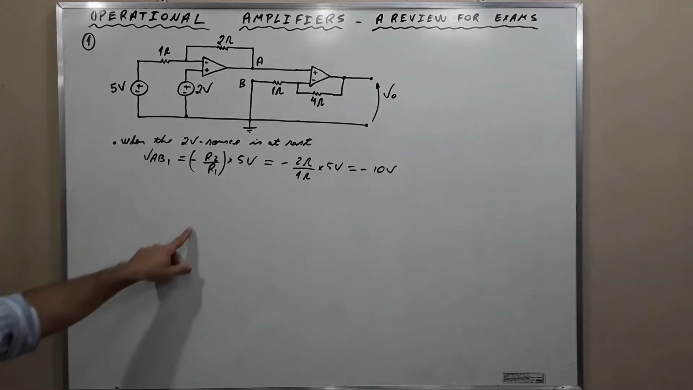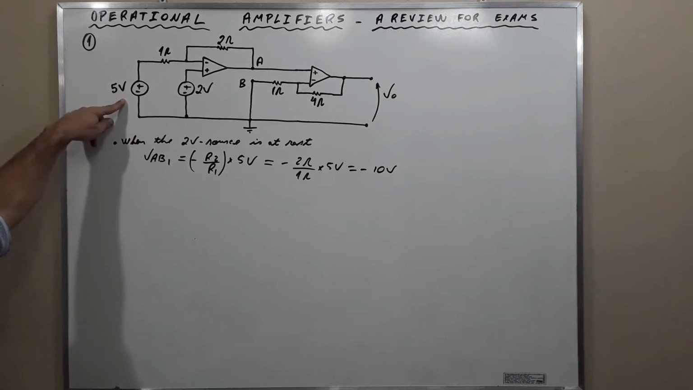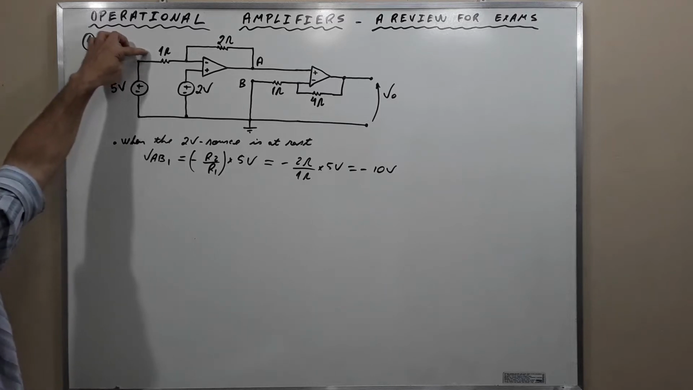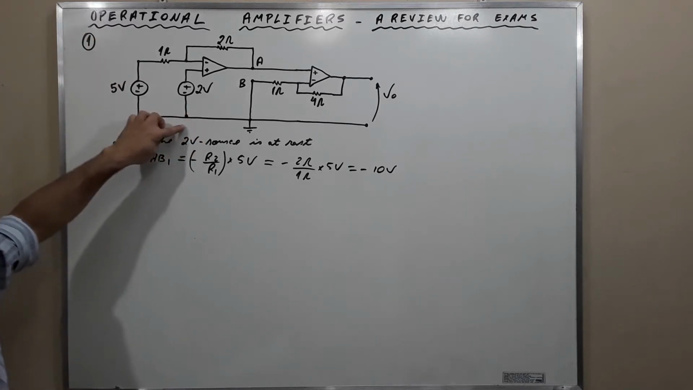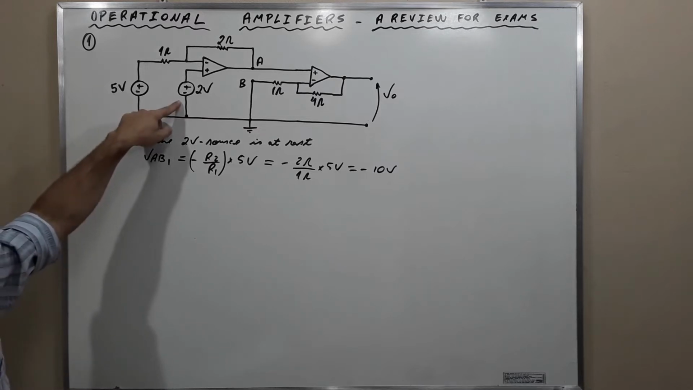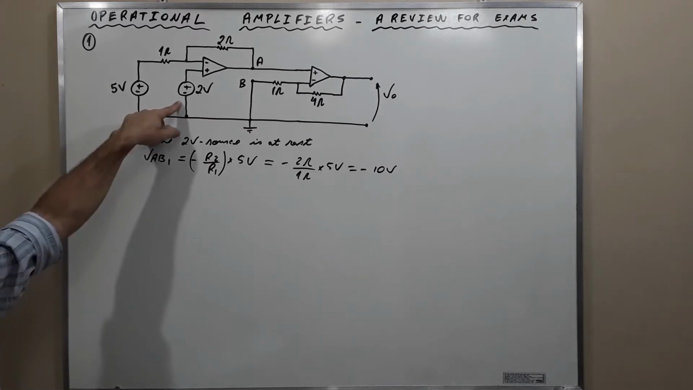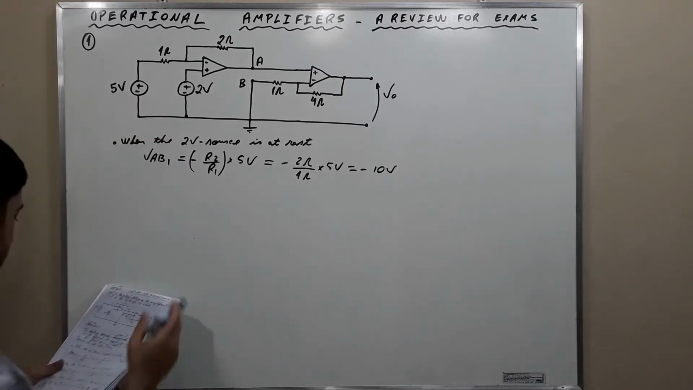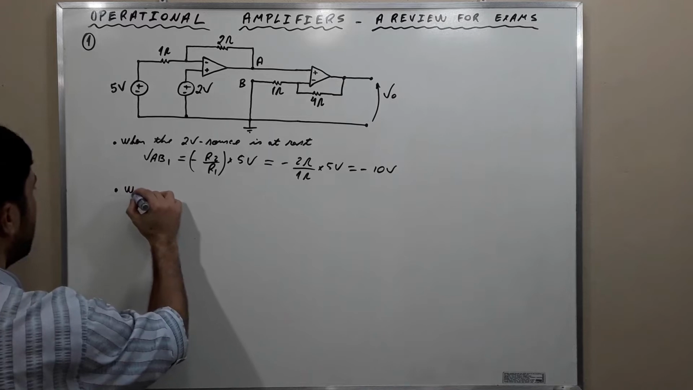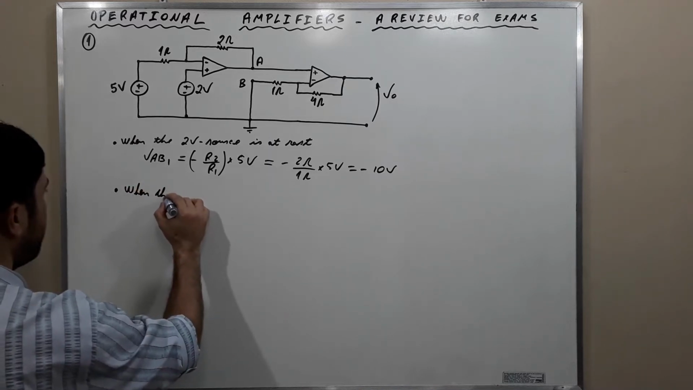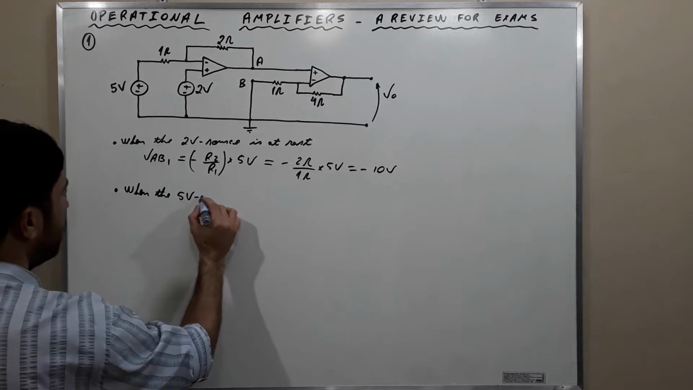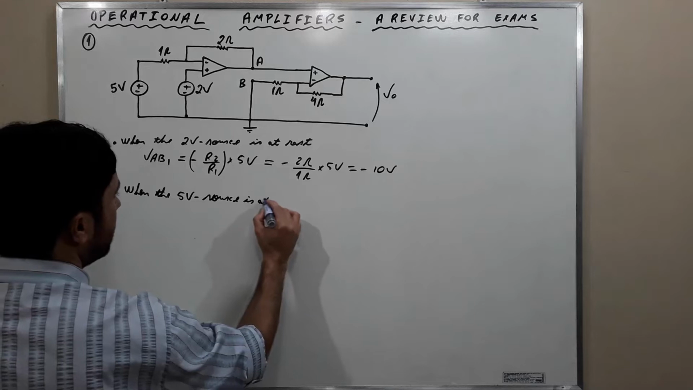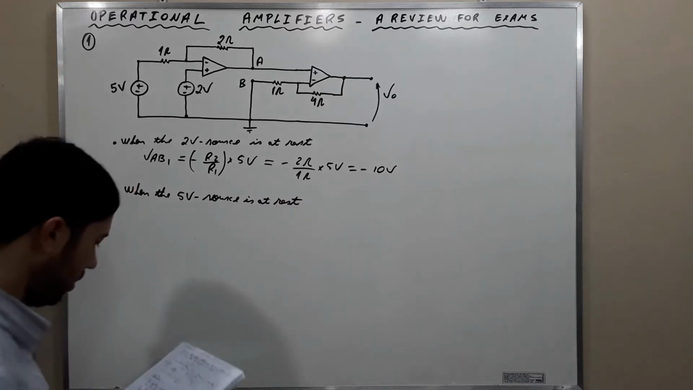Okay, now we are going to put this voltage here at rest, and this is going to be a short circuit, okay, to ground, and this voltage source here is on, okay, and this is off. When the 5-volt source is at rest,